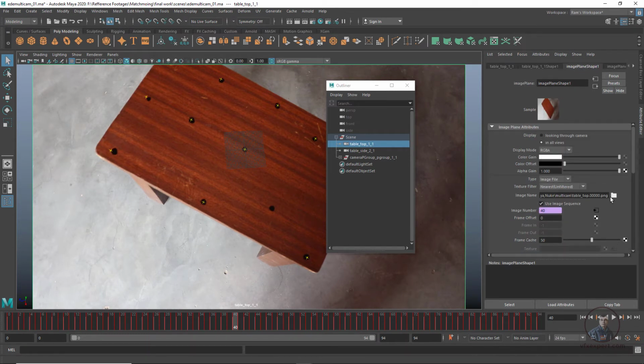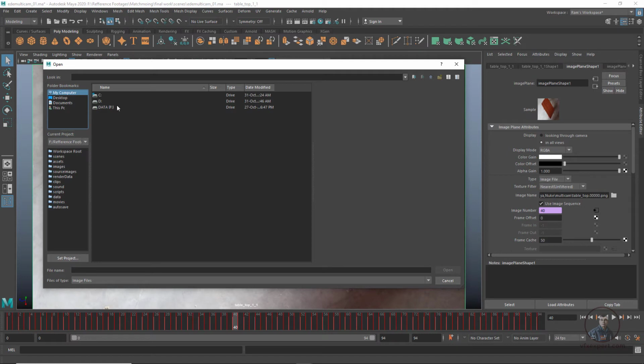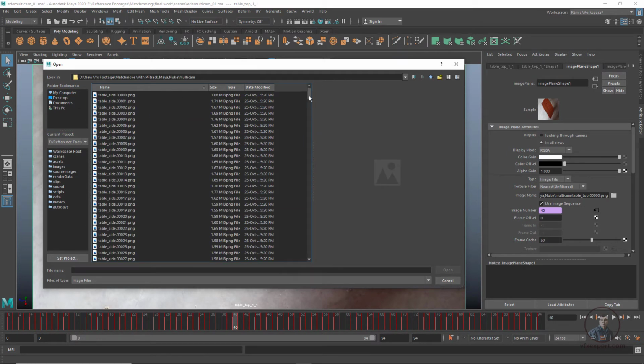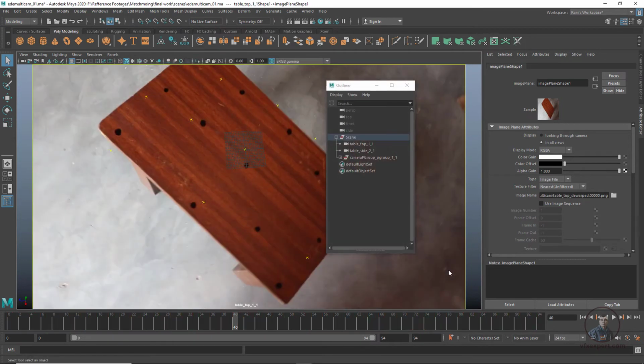From here select and replace with our undistorted plate. You can see the name is dewarped, meaning the undistorted plate. Select this one and open it. And again this is important: click on Use Image Sequence.